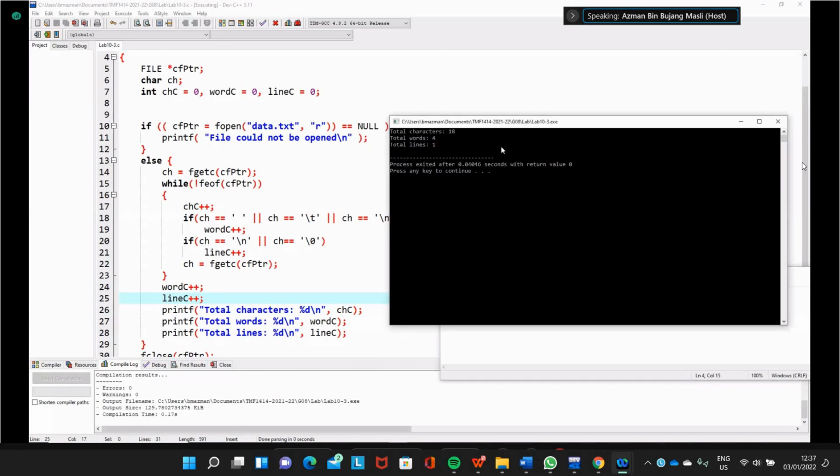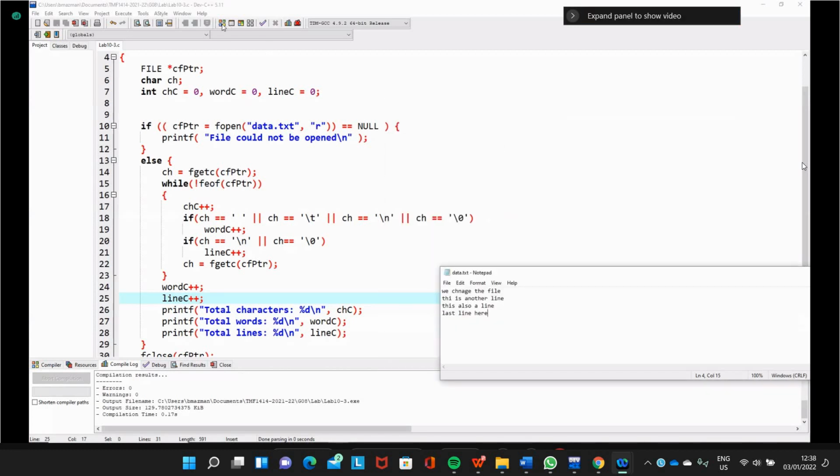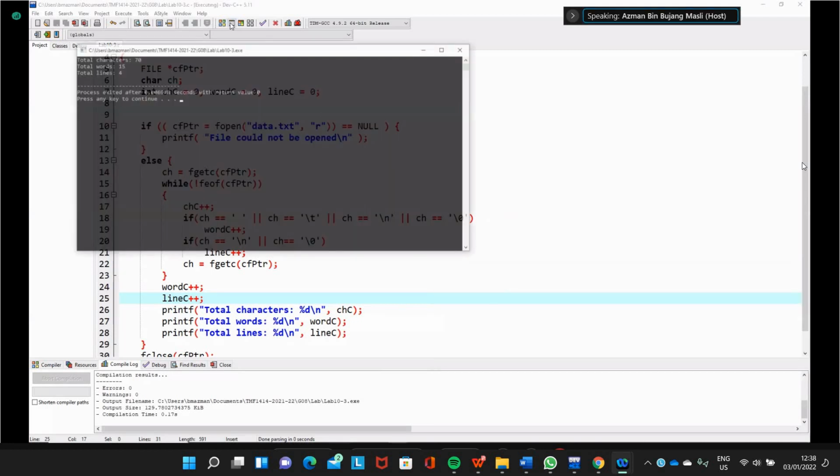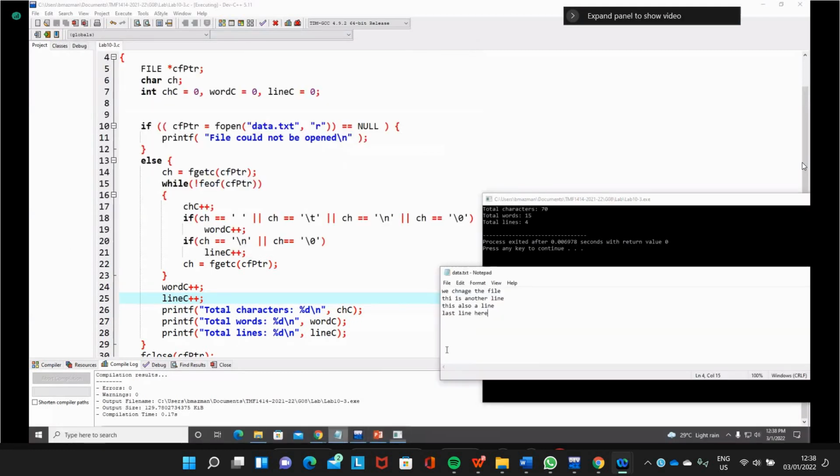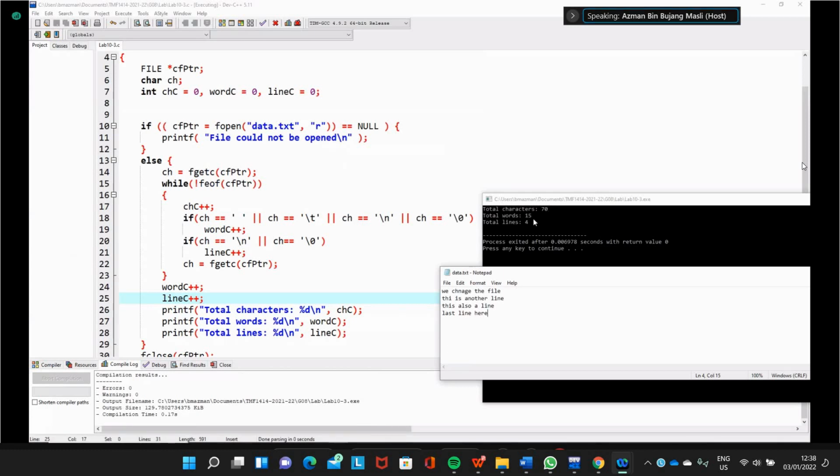When you run the program, we got here 4 lines, 15 words. If you count the number of words, 1, 2, 3, 4, and so on up to 15. And then there are 70 characters, and 4 lines.